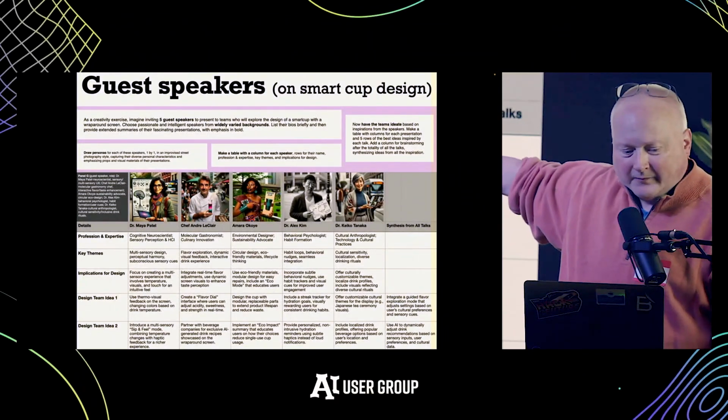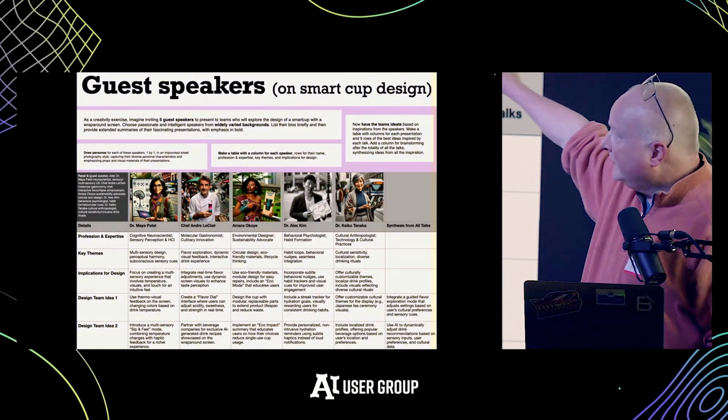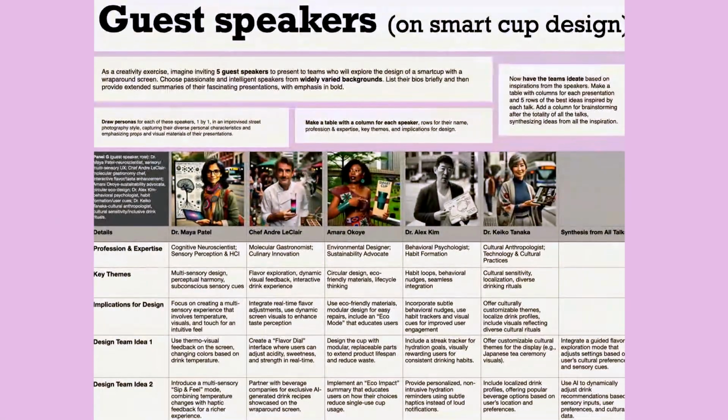And then, what I had them do, and by the way, the prompts for it are at the top. I know it's too small to read probably. Actually, you can read it better than I can. It's so big up there. But in any case, I asked for guest speakers. I asked it to draw them. I asked it to make a table. The table has the speakers' themes and what it means for the design. And then the last prompt asked for the team to do ideation based on the speaker's presentation. And so at the bottom, you have ideas your design team created based on that speaker.